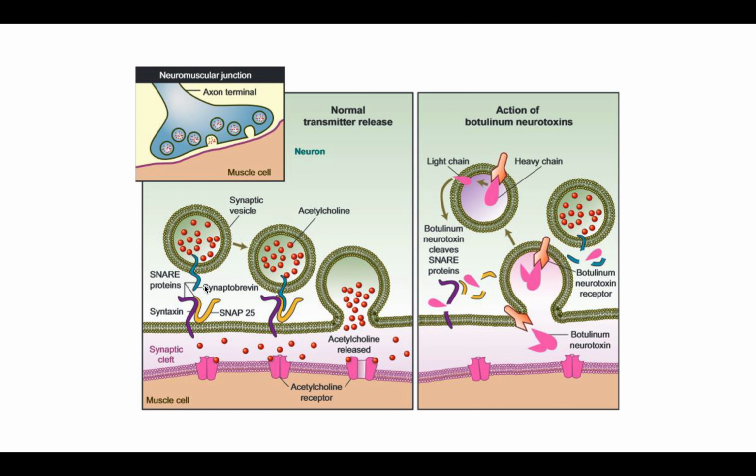And so to form the complex, and to even have exocytosis occur, you need synaptobrevin to bind and form the SNARE protein complex. When that happens, there's a chain reaction in which exocytosis occurs, as you can see, and there's a release of acetylcholine. The acetylcholine is going to bind to the acetylcholine receptors, and these channels will open up by their binding, and they will go through the synaptic cleft and bind to that of the muscle cell